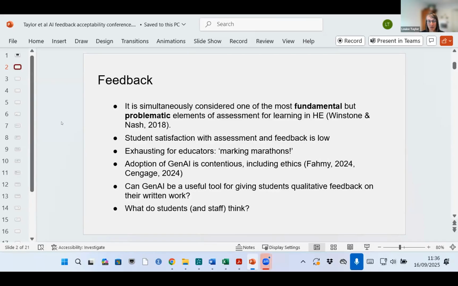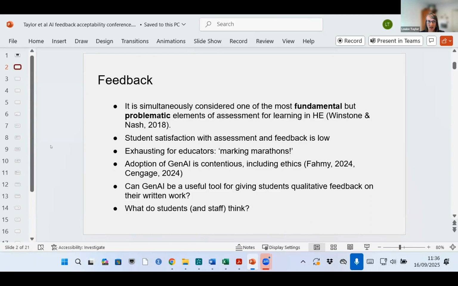So the question we looked at in our study was whether Gen AI could be a useful tool for helping students to get timely, supportive feedback to improve on their work qualitatively. It's a bit like the research we've just heard about. And really, what do students and potentially staff think? The study I'm going to share with you is focusing on student perceptions, but I just want to quickly ask the audience